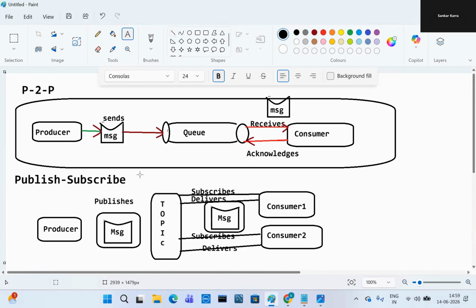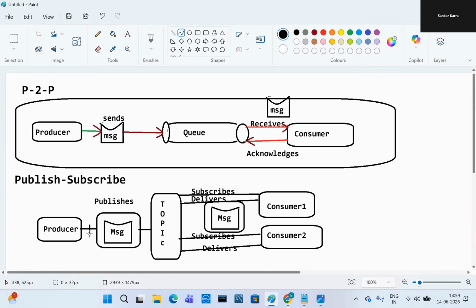Here are the arrow marks like this. The first consumer subscribes to the topic, and after subscribing, it will deliver the message.